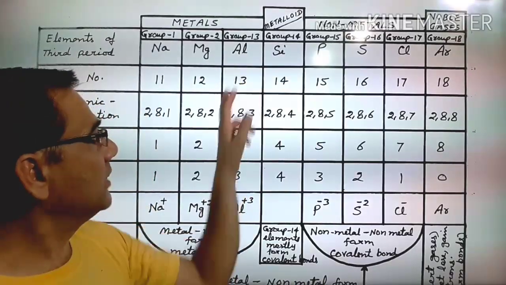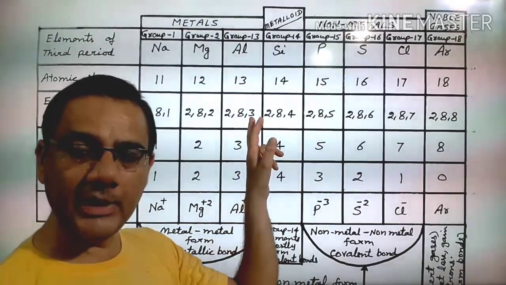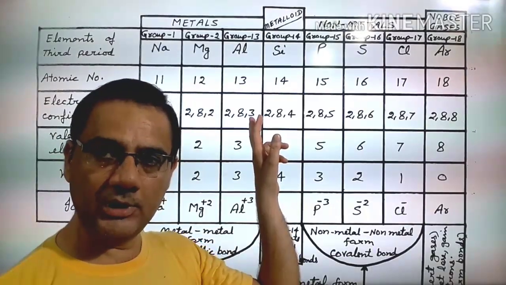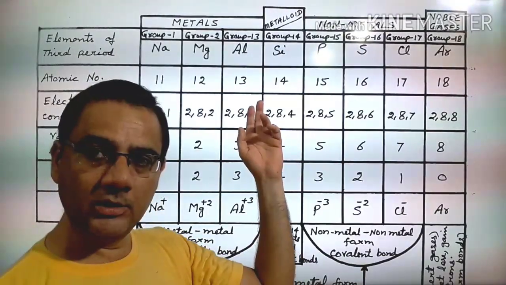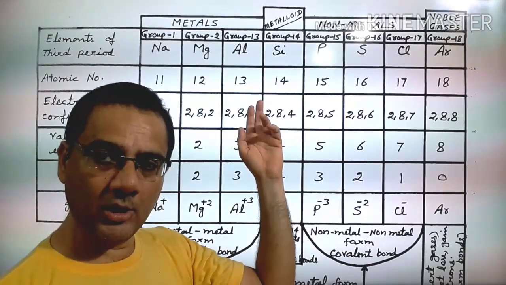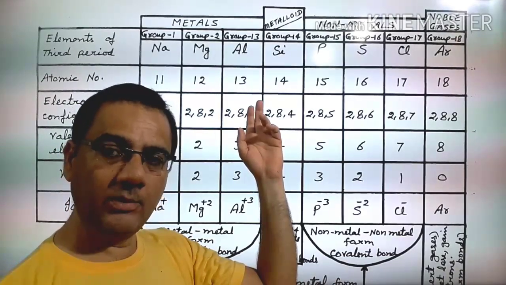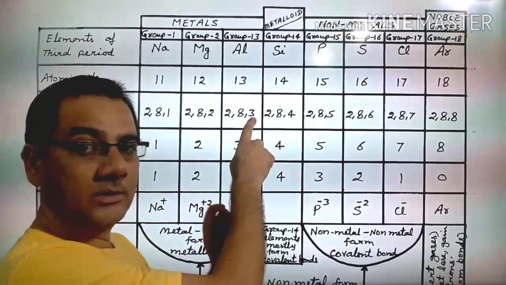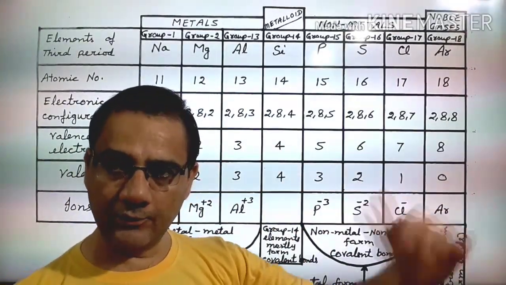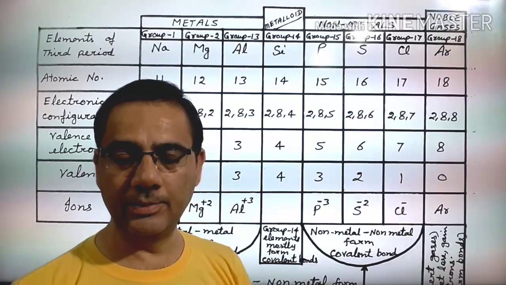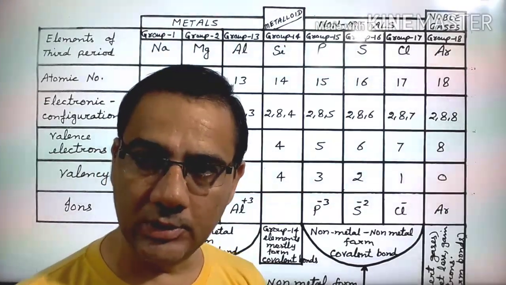Now see, aluminium, that is 2, 8 and 3. It has 3 electrons in the outermost shell. Again, two possibilities are there. Either it loses all its 3 electrons and gives them to another atom, or it takes 5 electrons from another atom and keeps them in this. So for this also, what is easy? Giving its own 3 electrons or taking 5 electrons from another atom. So simple, it loses its own 3 electrons.